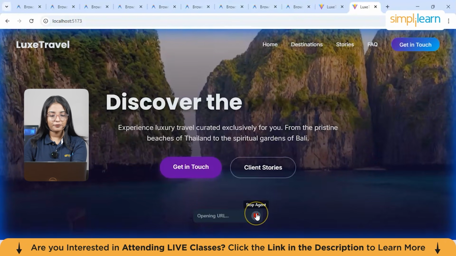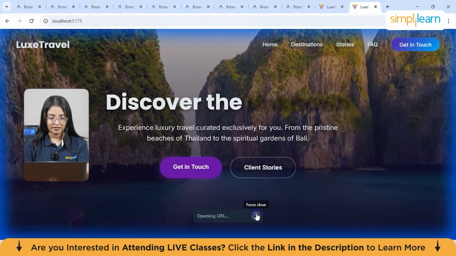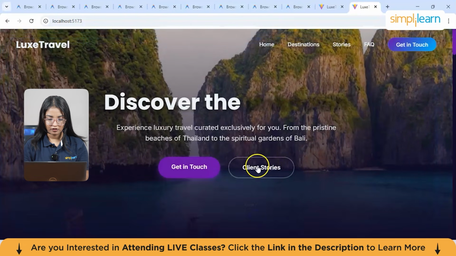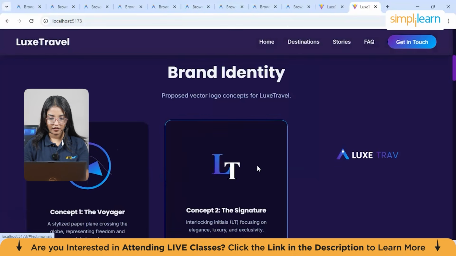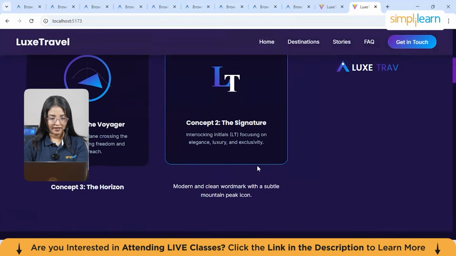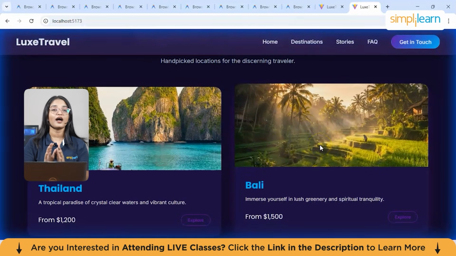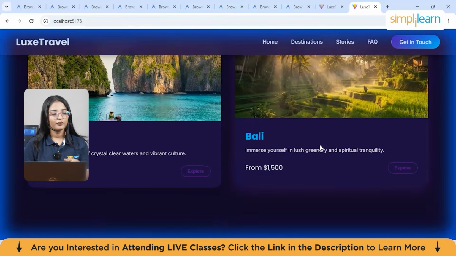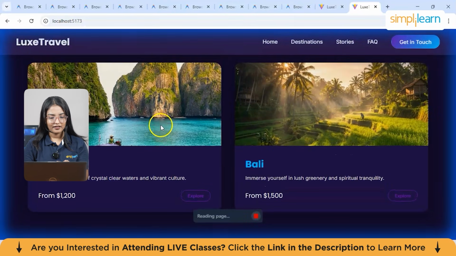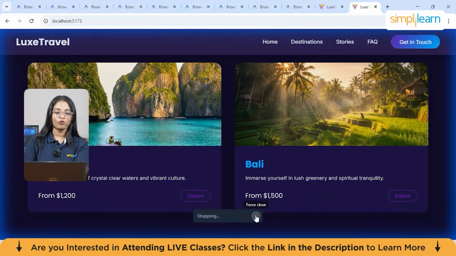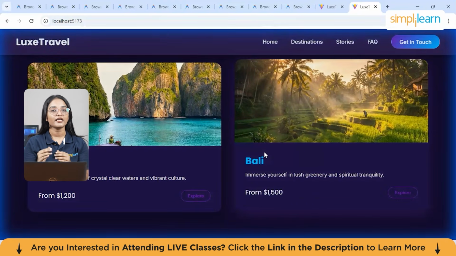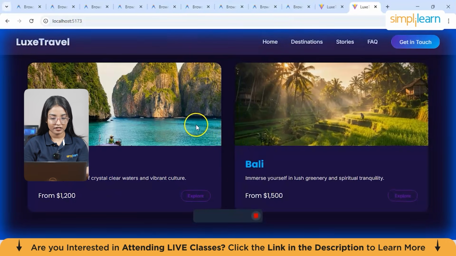Now you can stop the agent mode from here if you want to view it by yourself. I'm just stopping it for now, and I'll close this, and I'll scroll, and you can see from here the brand identity. It has added destinations. These were the images we had created using Nano Banana, which I showed you before. It has added that, and I really like the structure of the image. Now the agent mode is actually reading my page. If you want any changes in your website, you can take a screenshot and tell the agent to change this font or change the image, and you can do that.